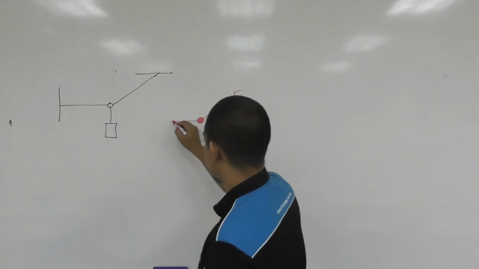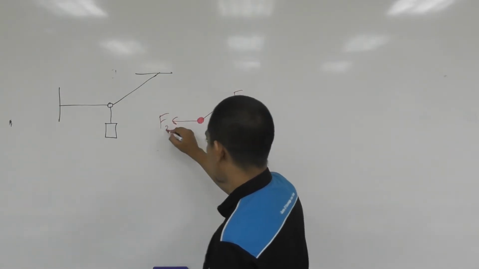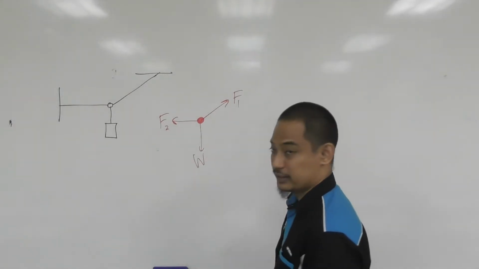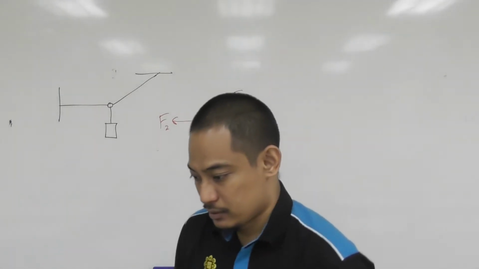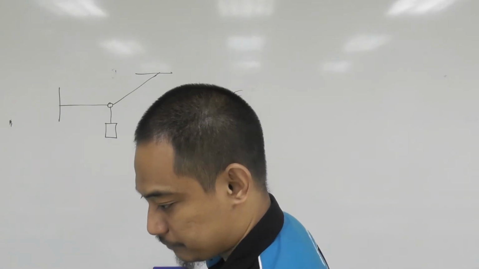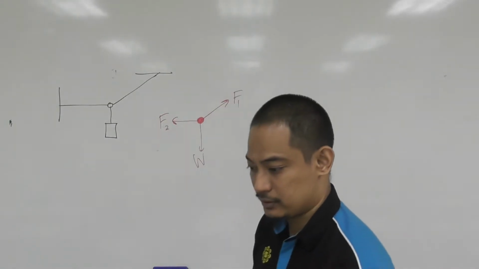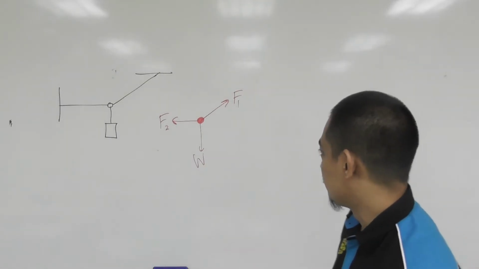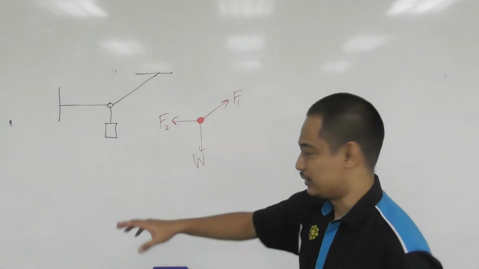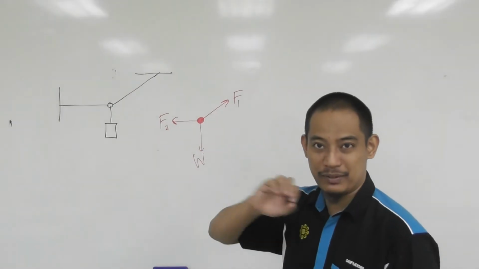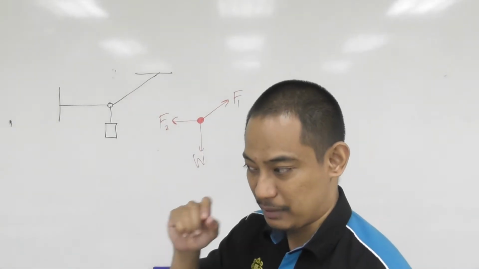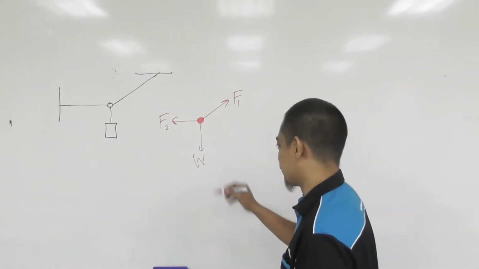We have a force pulling it that way, and then we have, for example, the weight here pulling it down, right? Show all the forces, right? And then you have to specify all the forces, right? I'm already showing it straight away. You have to label the forces if it is unknown, but if the number is known, you have to put it. For example, here